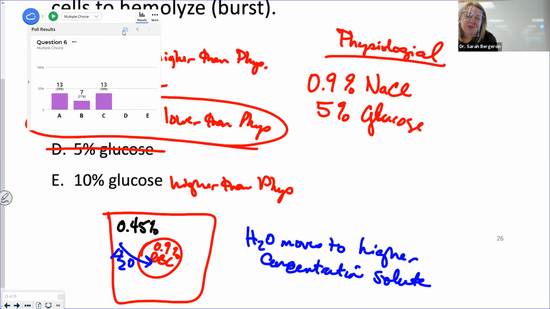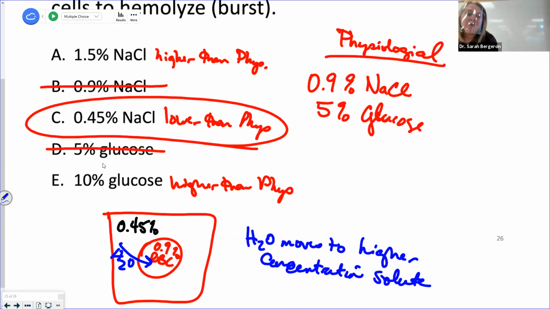Okay, so that was question number 6. And what am I looking for? What was my correct answer? It was C. Okay, so C. It was not good. So we knew it wasn't 10% glucose. If you know it's not 10% glucose, you should be able to eliminate A. And you should know B and D were physiological, right? I'm telling you that there will be something like this on the exam. Okay? Good?